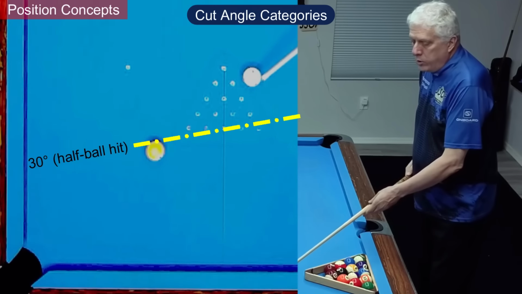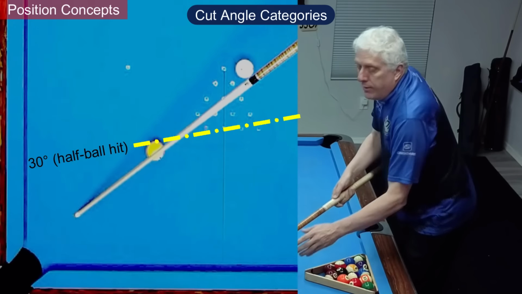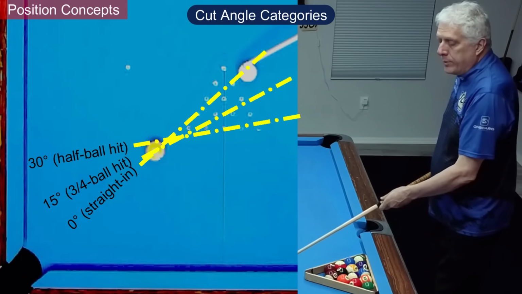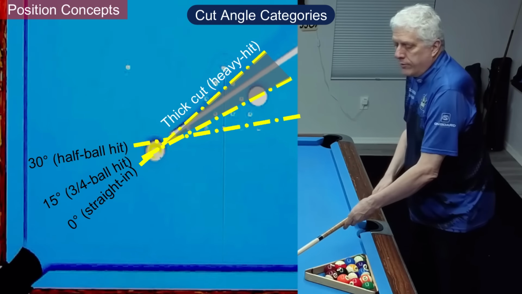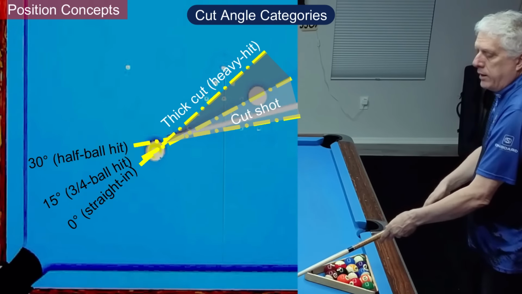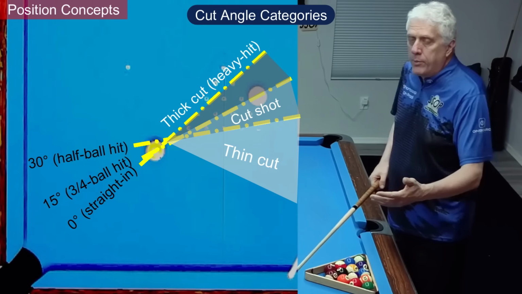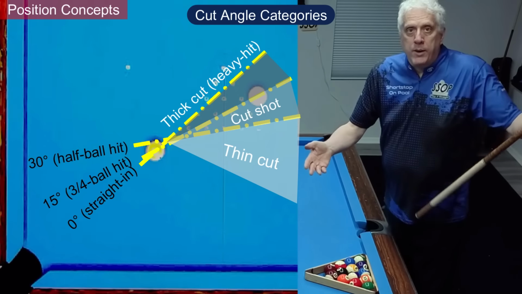Obviously, when the cue ball is lined up straight into the pocket through the center of the object ball, that's 0 degrees. And then 15 degrees will be halfway between those two. So we have cut shots from 0 to 15, 15 to 30, and then over 30. And it's helpful to separate your cut shots into those 3 categories, both when you're practicing aiming and when you're